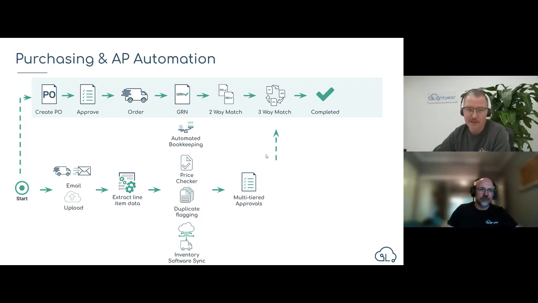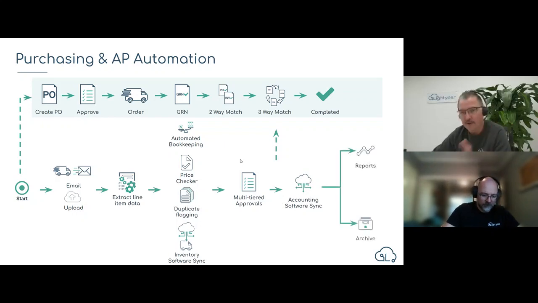Anyone that's ever touched a PO or done any two-way or three-way matching before will know that more often than not, there will be some sort of discrepancy, but fear not. With all this efficiency, Lightyear also adds a significantly clean user experience to flag those edge cases or exception handling, basically. Again, we're going to export to a Xero or a MyHub or a NetSuite, or the list goes on,